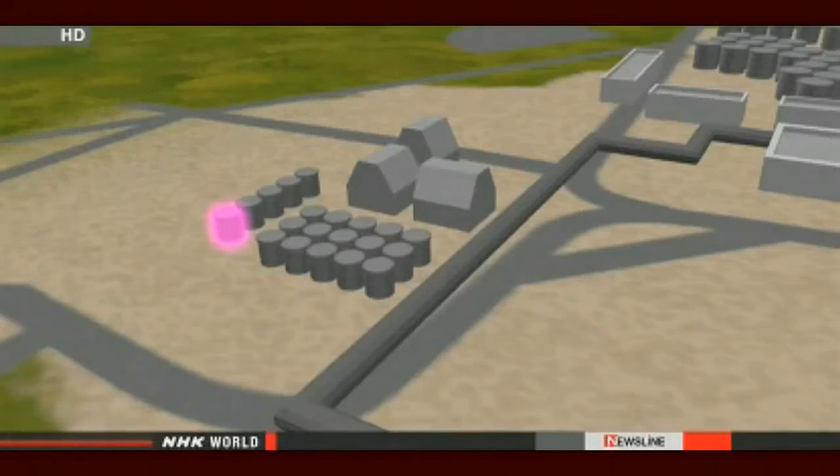Officials say the water is leaking from the upper part of one of the storage tanks that's surrounded by a barrier. The tank is located near the number 4 reactor. Workers are investigating whether the contaminated water has leaked into the surrounding ground and into the ocean by way of